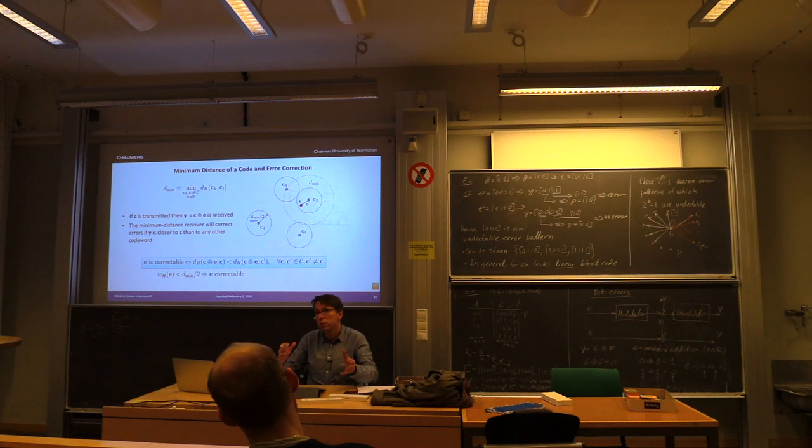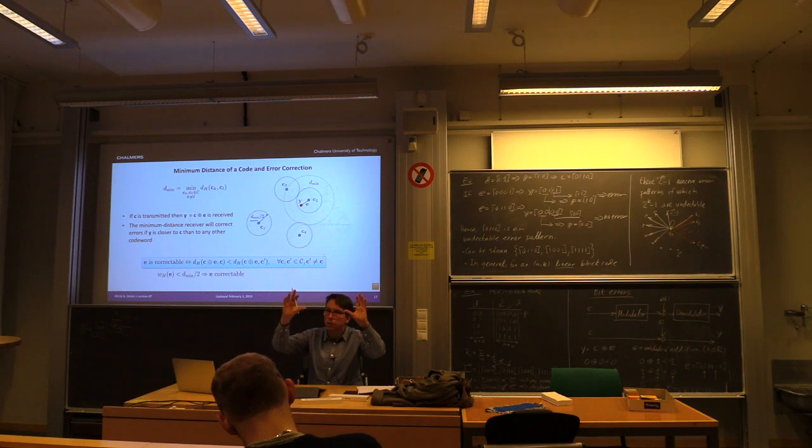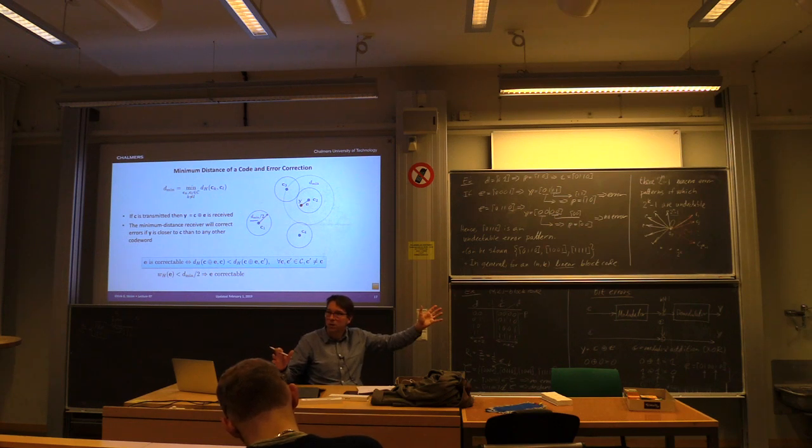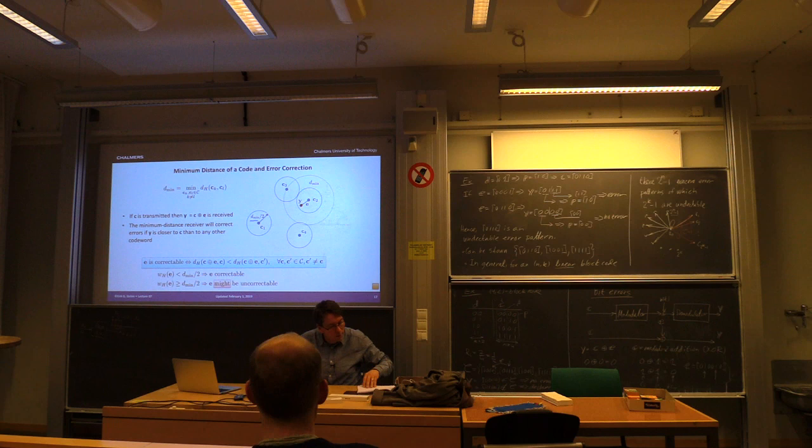In real systems, there is usually a combination of these two things, where error correction is taken care of by the physical layer, and error detection is taken care of by the data link layer. So there are two levels of protection here. In Wi-Fi, for instance, when we transmit bits, the physical layer takes care of some of the errors, hopefully all of them, but those errors that slip through the physical layer are caught by the MAC layer, the data link layer. Hopefully, if they are not undetectable, right? So there is nothing perfect in this world. Okay, so I will just leave it at that, and then go on